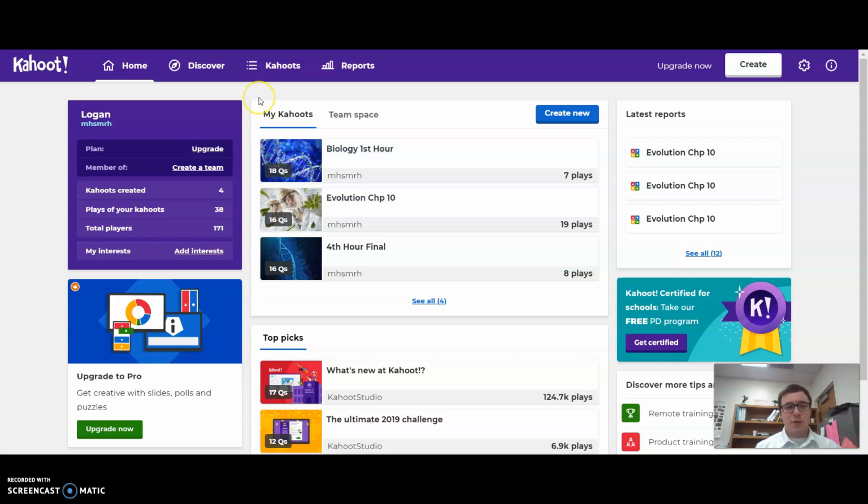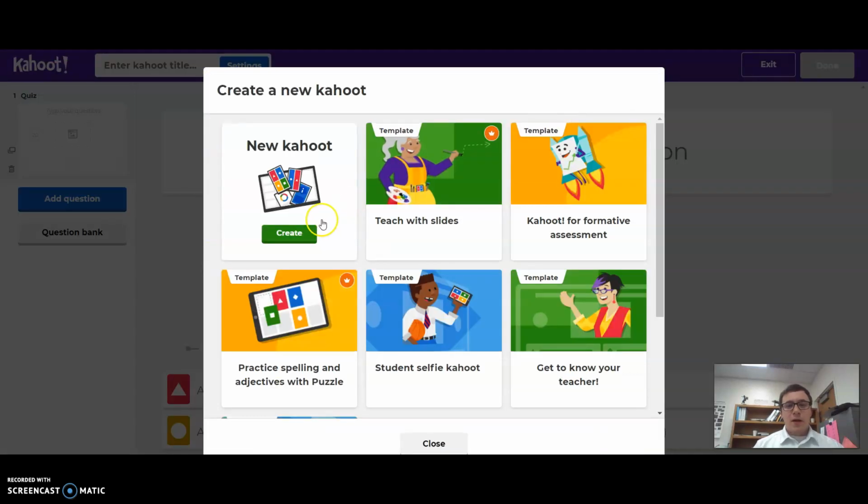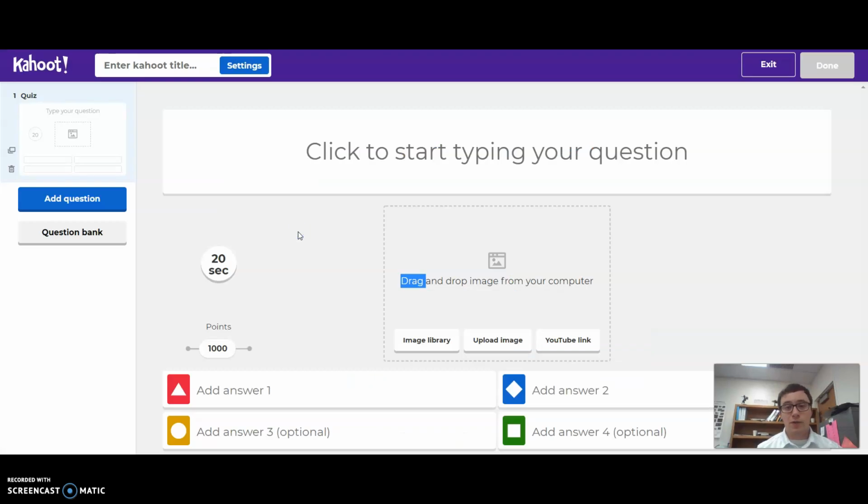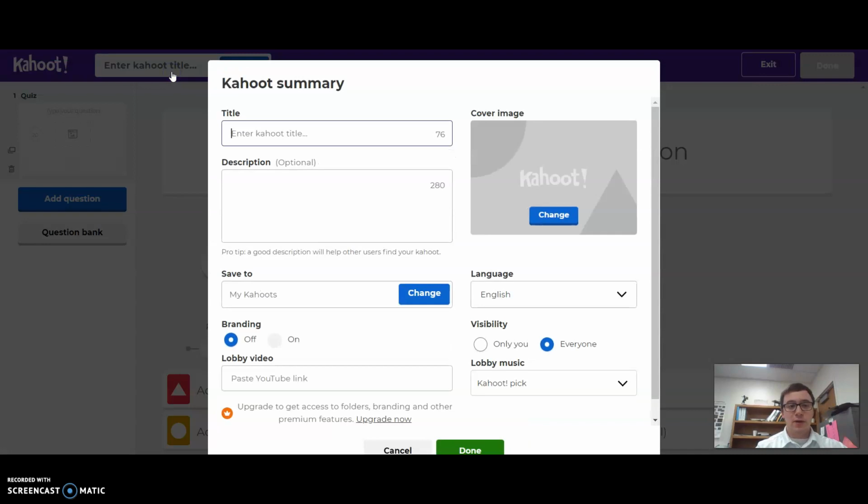This one, the way you can create this is you just log in, you create an account completely free. There's different versions that can cost money, but there's one that's really awesome that's free. It does everything that I need it to do. So you just go in, you create new, and you can use a template if you want to. I just use this here as the regular one. You can go in with the title, so for Kahoot quiz,